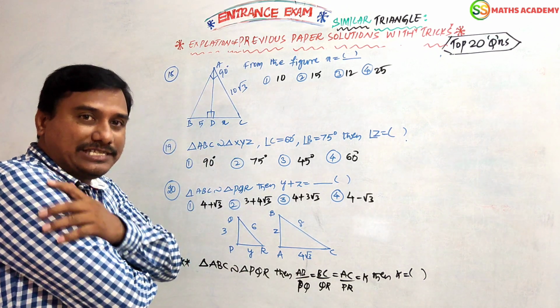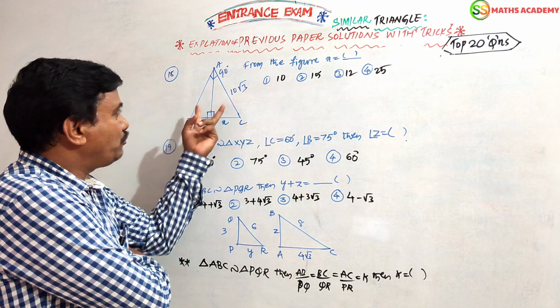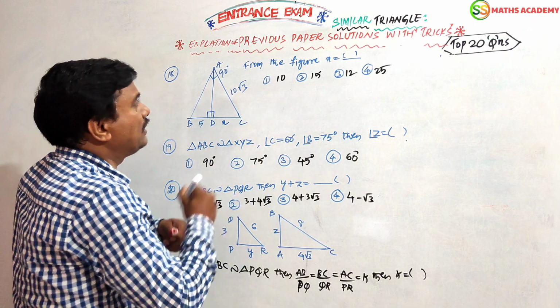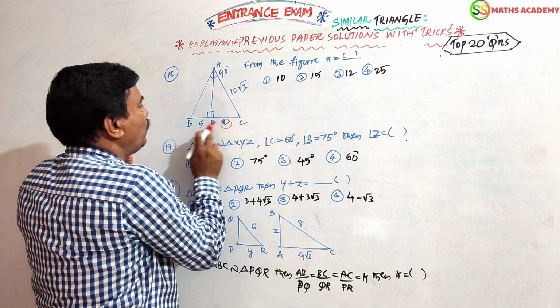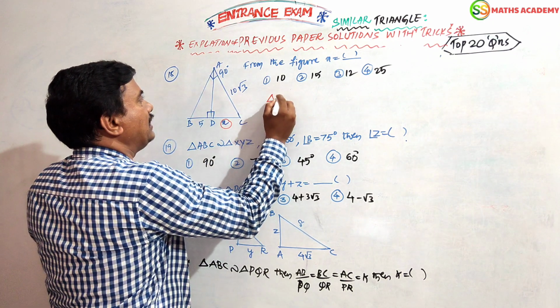In this, one diagram is given. From the figure, what is x? Here we have to get triangles 1, 2, 3 and compare the triangles. What is given? Here x is given, and he is asking for x. So we compare this triangle to the total triangle. So what is the triangle?